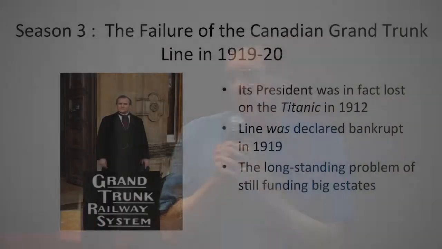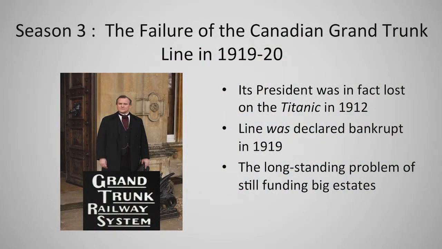And then there's what happens in season 3. In season 3, we are reminded of the fact that the financing, the undergirding, the economic infrastructure behind Downton Abbey is very tenuous. And again, it's in danger of sinking all the time. And we find out that Robert Crawley, Lord Grantham, played by Hugh Bonneville, has invested even his wife's money, which they were trying to preserve for Lady Mary and thought they were preserving for Lady Mary, in the Grand Trunk Line of Canada.